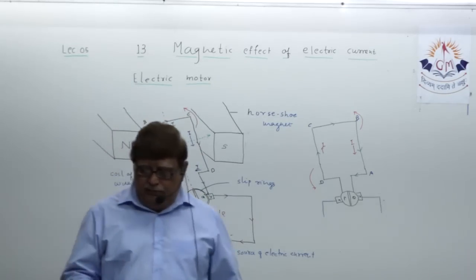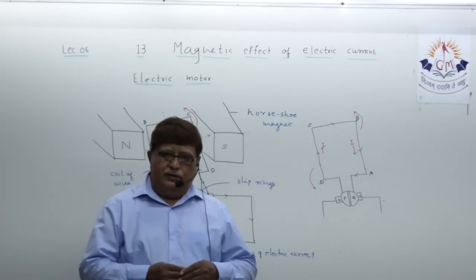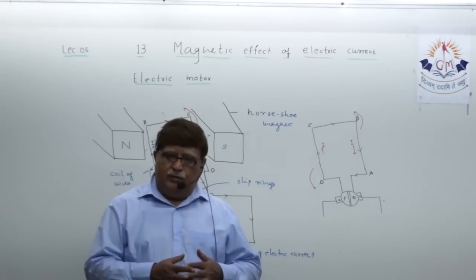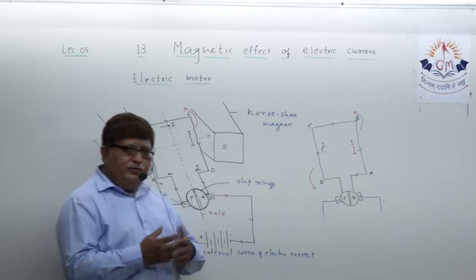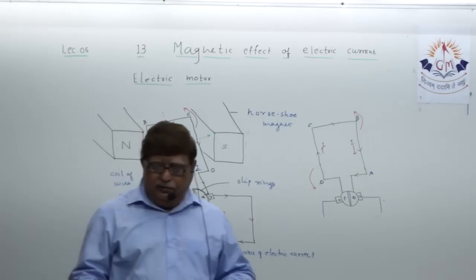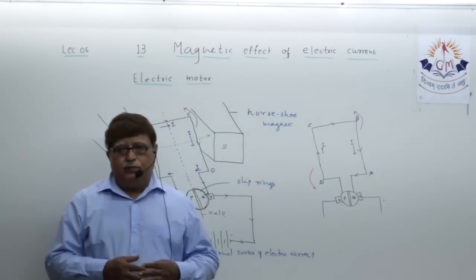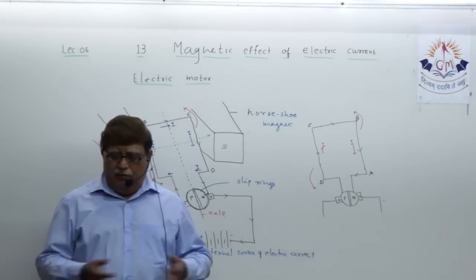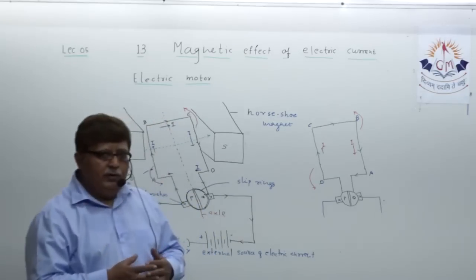In the next lecture, we are going to understand some principles of electromagnetic induction. Electric generator, though it has been expelled from the syllabus, we are going to explain it. Electric generator is exactly opposite to the electric motor, and then domestic electric circuit and AC DC current. Understand, these are the topics left in your entire physics. Understood? Three topics are left which we are going to cover in our next lecture.